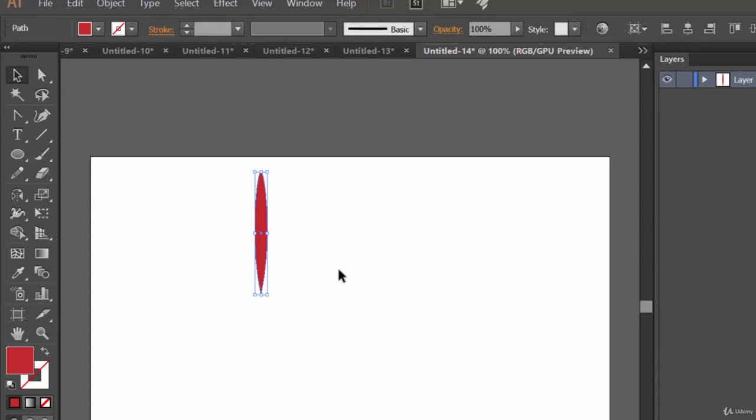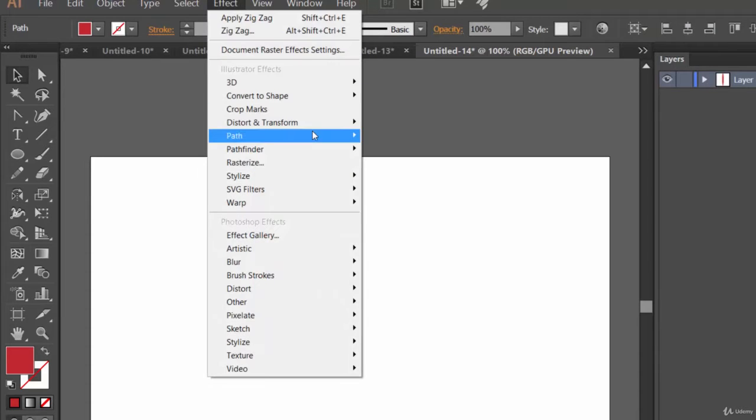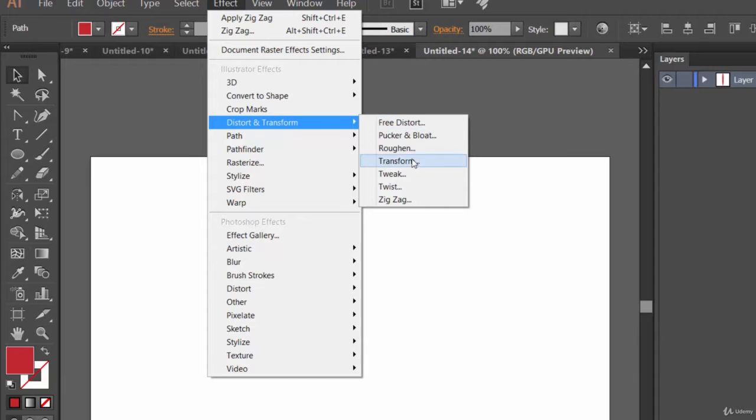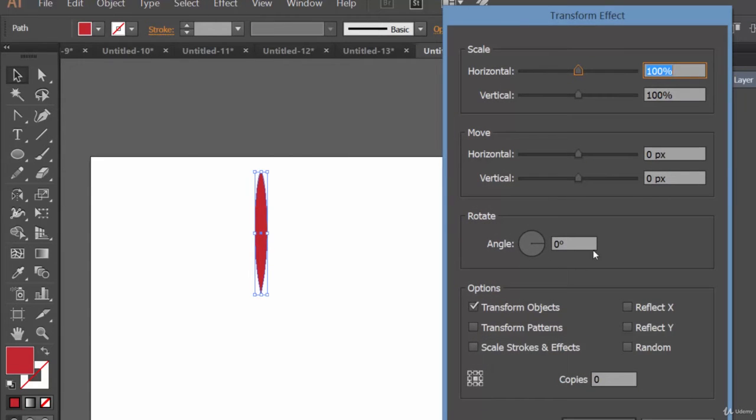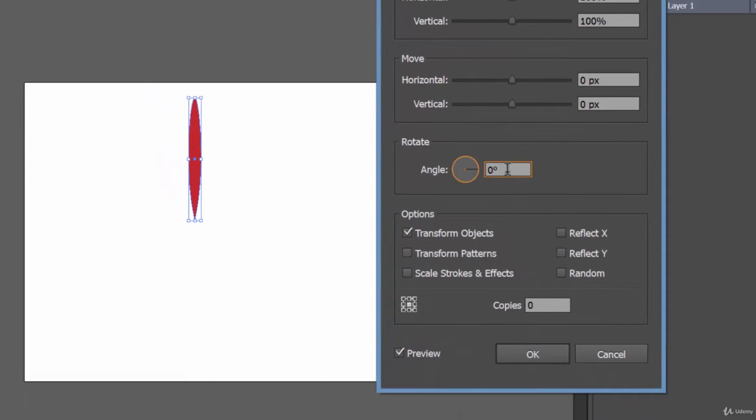Now select the object, go to the Effect menu, Distort and Transform, click on Transform, and we are going to rotate it. But first of all, let's hit the preview option. Let's change the angle to say 15 degrees.